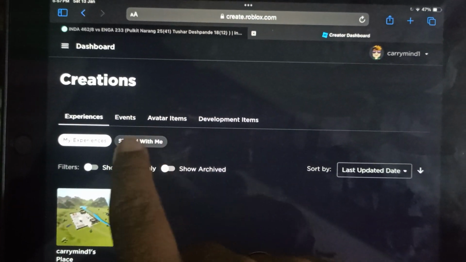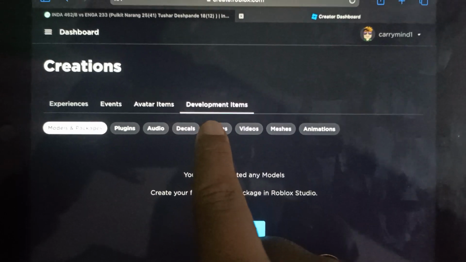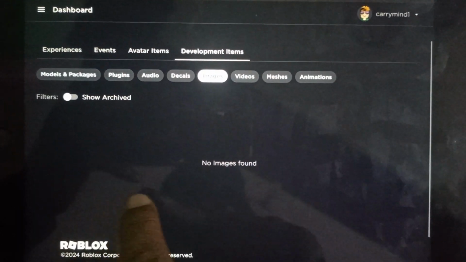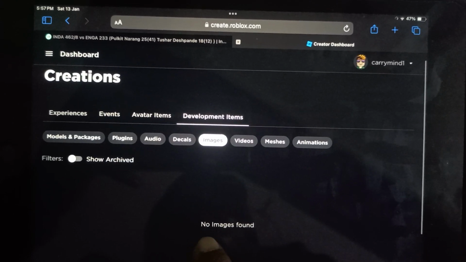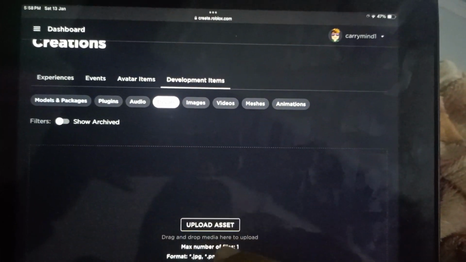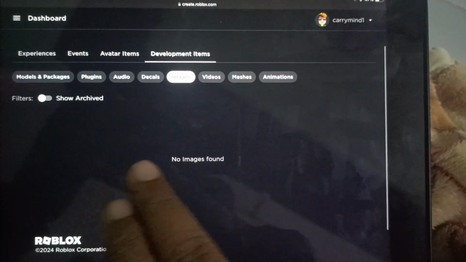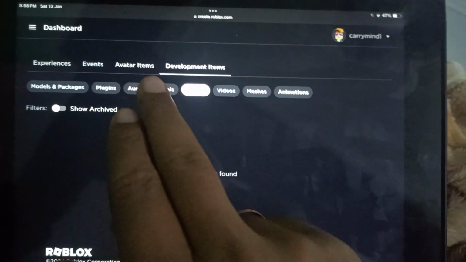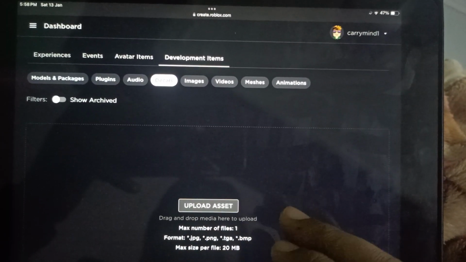Now you just need to go to Developer Items, and here you can see the images. Just tap on it and now you can upload your images here. So if you want to upload your images, you can upload your images as decals, because we don't get this upload option here. Just tap on it,